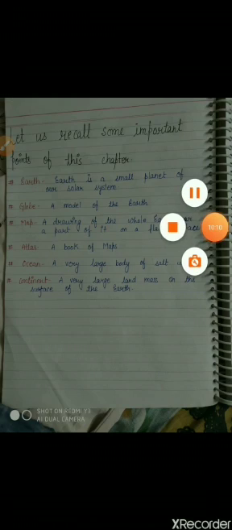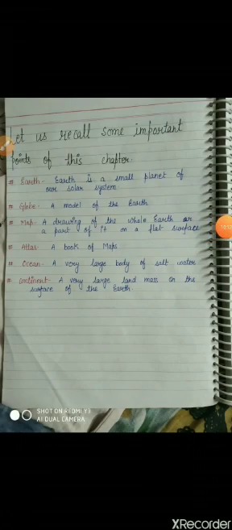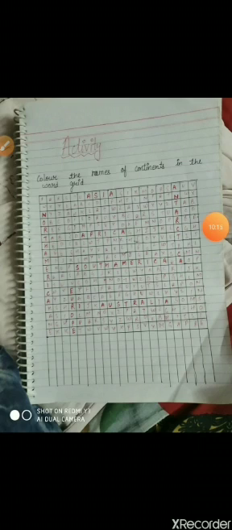We will do one activity. You tell me the answer, okay? Our activity is this: color the names of the continents in the world grid. For this, I just now told you the 7 continents' names. One I will do for you. One is Asia. You can see this Asia. Next is, I told you.